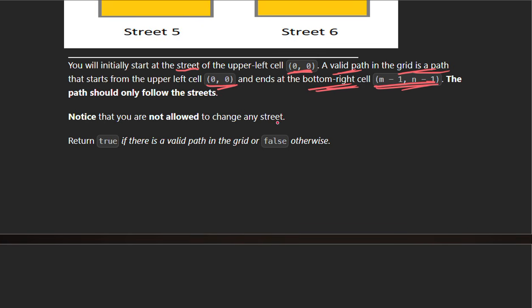If such a path exists, we return true, else we return false. The path should only follow the streets, and we are not allowed to change any street.